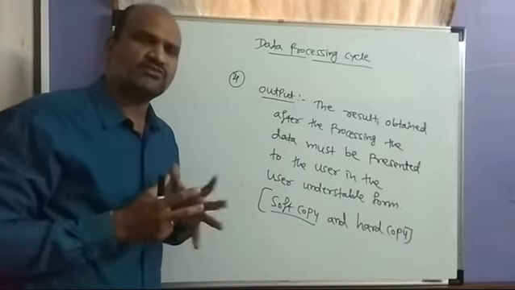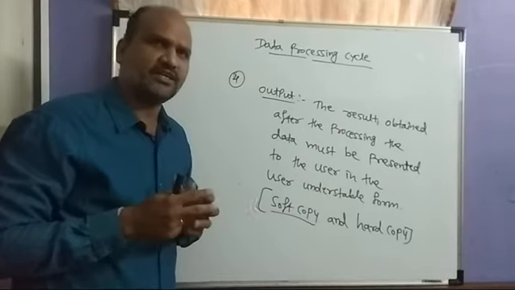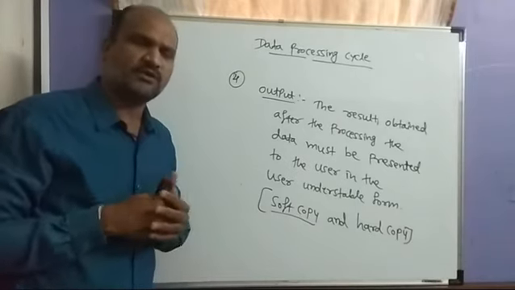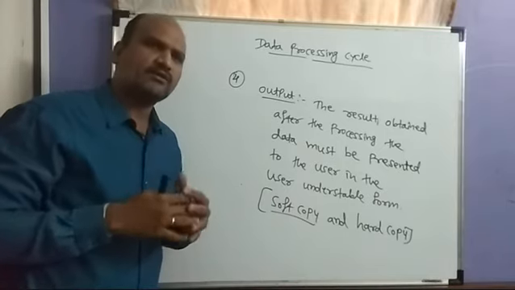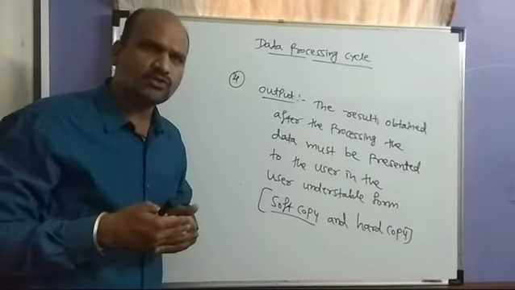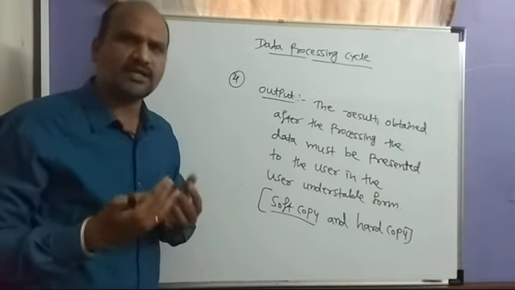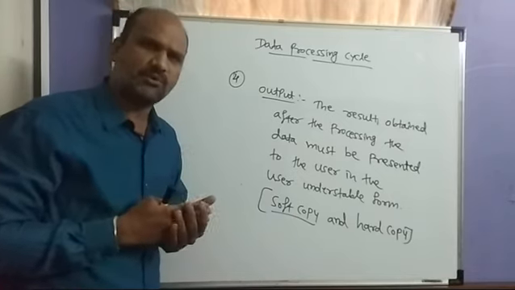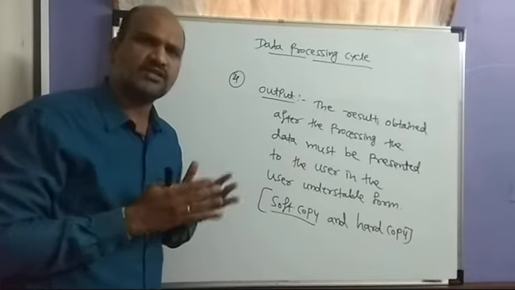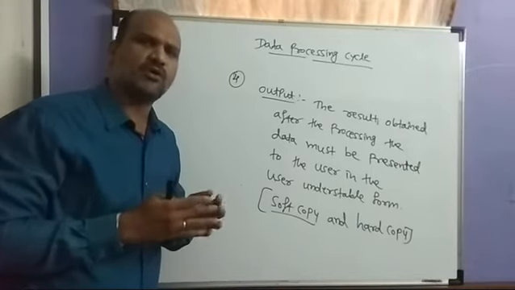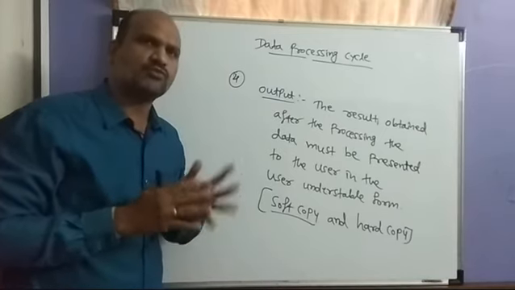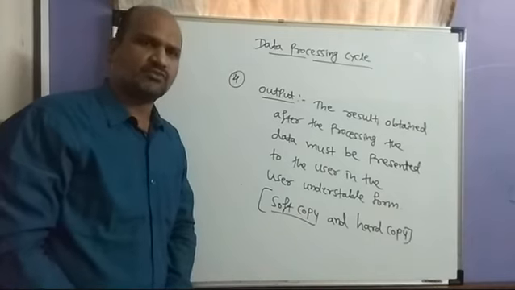So this is the life cycle as we process the data. First you have to give the input, then the processing will happen, meaning the operations will happen, and the operations converting data to information are done in the CPU. It will store the data in the primary and the secondary: first in the temporary, next in the permanent, that is the secondary. As the result, the output should come, the result should be obtained from the processing of the data in a user understandable form. So this is all about the data processing cycle.